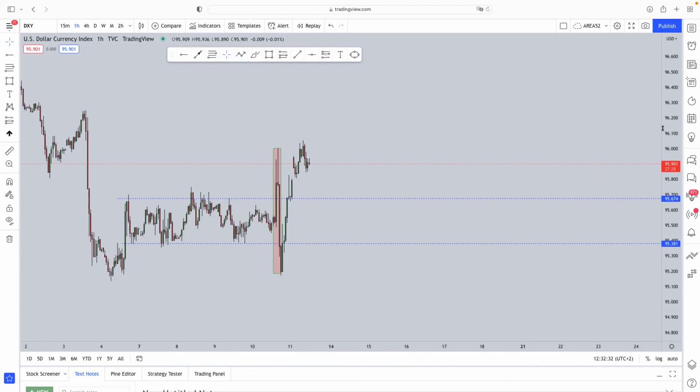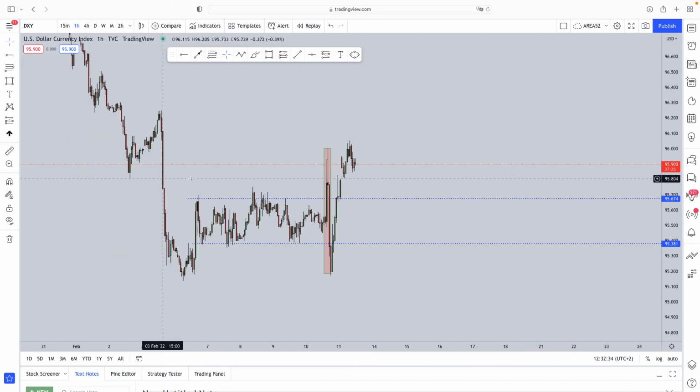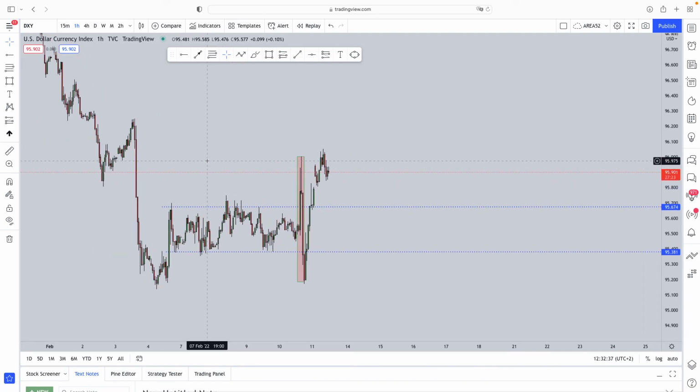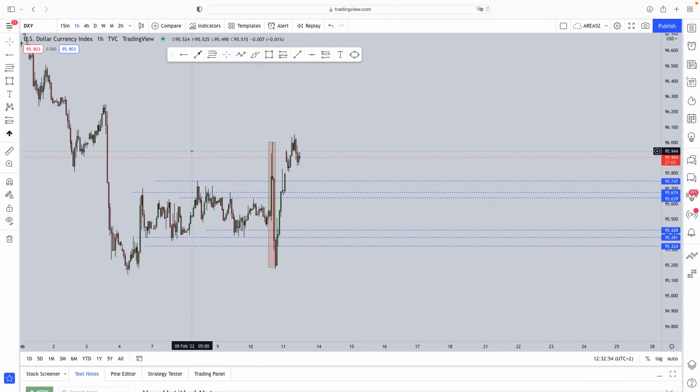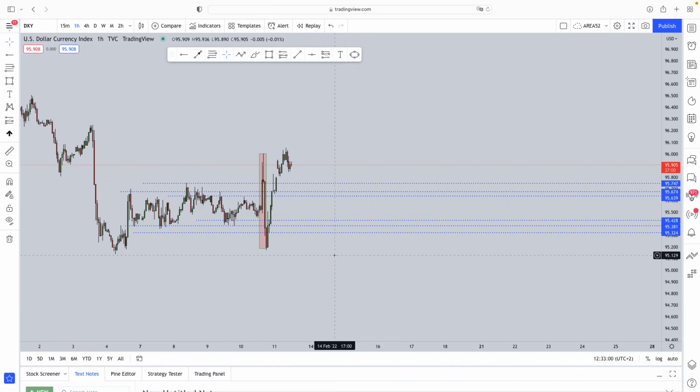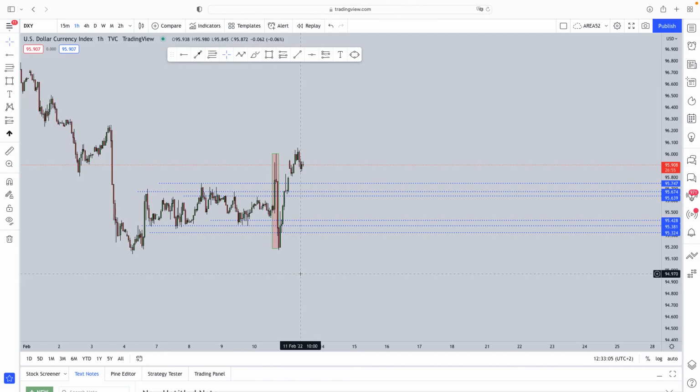The market needs liquidity. So before any high impact news, what retail traders normally do is they place a buy stop there, they place a sell stop there, and they normally put their stop losses above those levels because stop losses need to be protected by the structure in the market. So what does the market do? If there's one thing that you need to understand, it is that the biggest speculators out there can see all your positions, like the retail traders. They know exactly where our positions are.